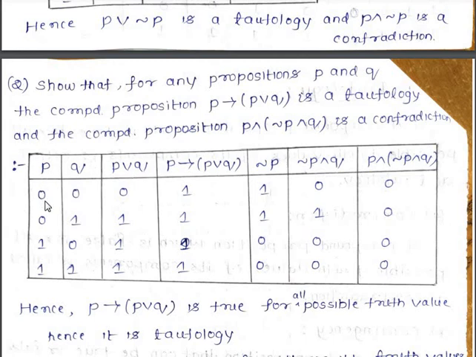So this P and P or Q, we have to consider only when P is 1 and Q is 0. If it is here is 0, then only it will be 0. In all other possible ways it is